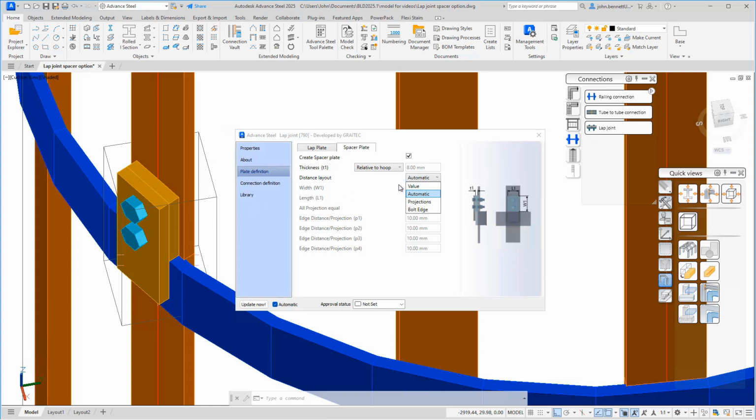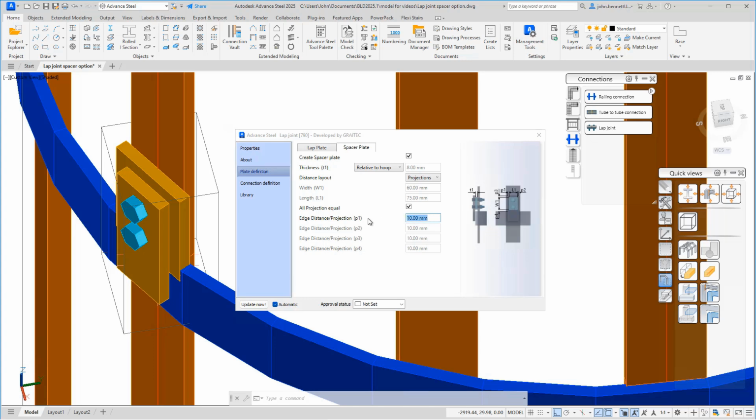So you can just leave it to automatic, but if you wish to change to a specific value, you can change that in the combo there, and these two fields become active. If you wish to change to projections, obviously you can see the change straight away in there. You can arrive back at the same figure by typing 0 in the relative field. You can make it slightly less if you so wish, and also you can uncheck the field to see all